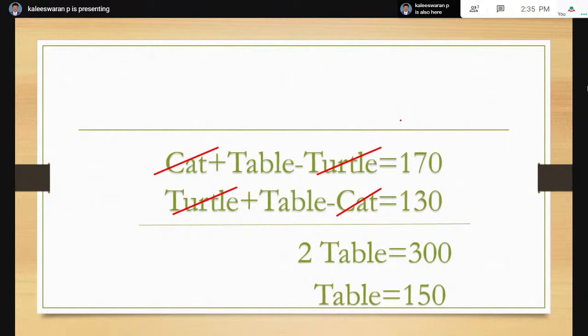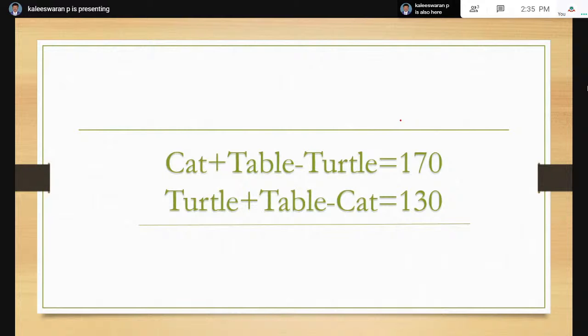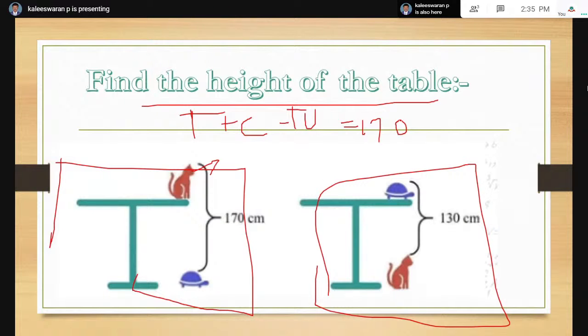Okay, so once again, repeating this question. This is the best example for understanding equation formation. We can write the equation for a figure, we can write the equation for a story, but the story should be in mathematical format. Table height in the first equation, listen, this table height plus cat height,